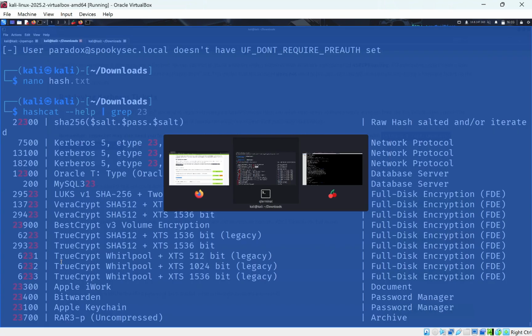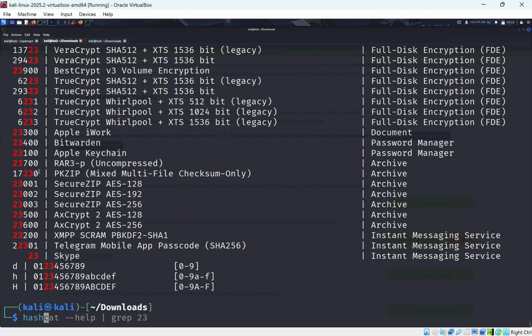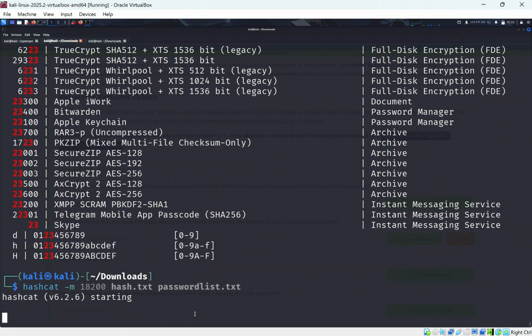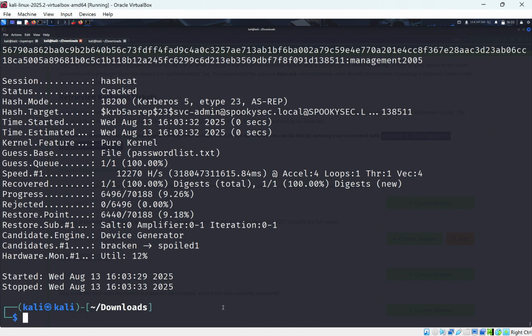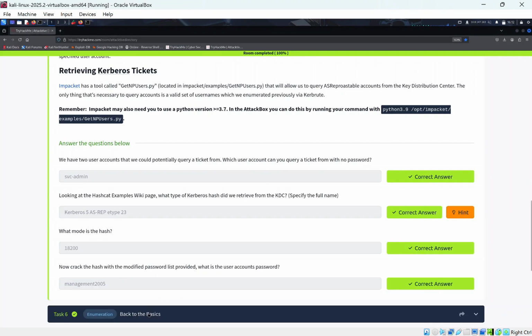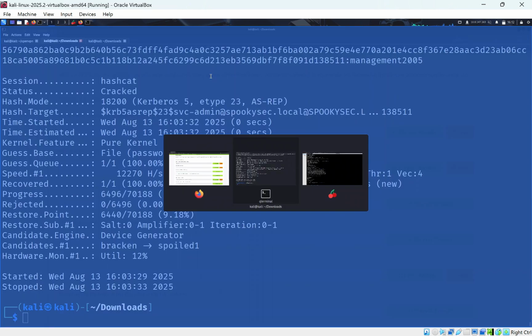And we can see the hash mode is this hash mode here, 18200. So if we do hashcat again, -m, and we do it against the hash word list, pretty much specifying that this is a Kerberos password, and we're going to be using a password list, and this should hopefully take a while, but we get the response straight away. So you can see we get the password management2005, and if you put that in, that'll be the answer for that question here. So if we keep going, we can see we have a username and a password,